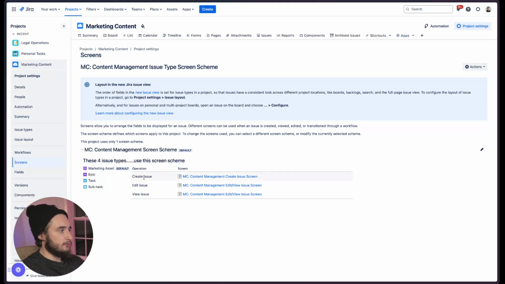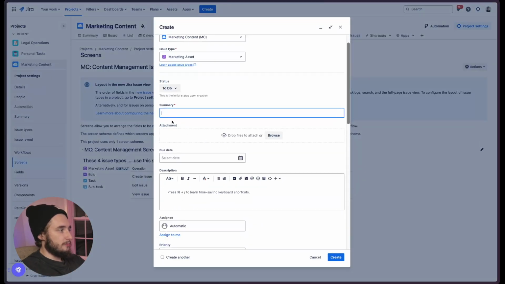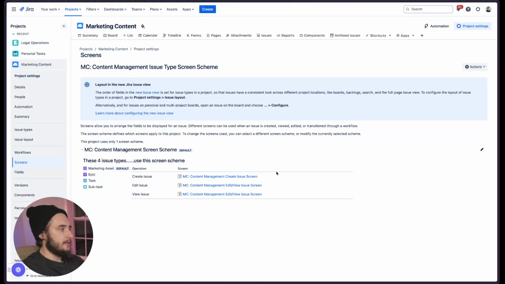So we have a create issue screen, and you can see that this one is different from edit and view, and then edit and view are sharing an issue screen. So in order to add one here, all we have to do is, if it's a create screen that we want to add it to, so let's say I'm pulling up this create, and I want this field to show up maybe under the summary. It's as simple as going in there, adding the field in there. Same thing for edit and view issue, which is what I'll demo here. So going into the edit screen,